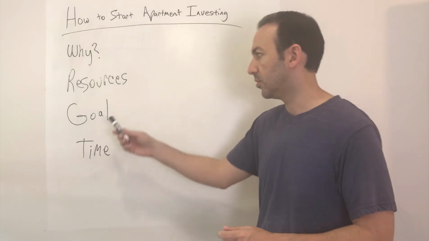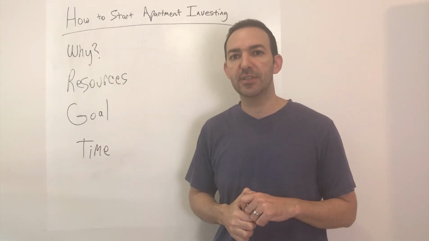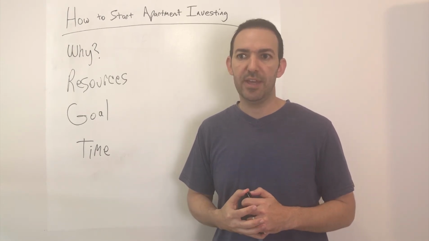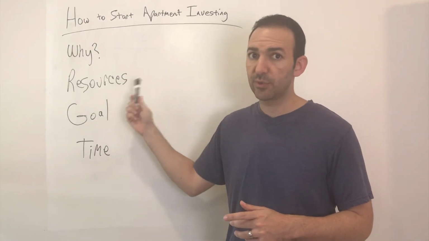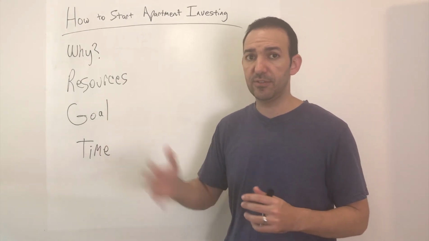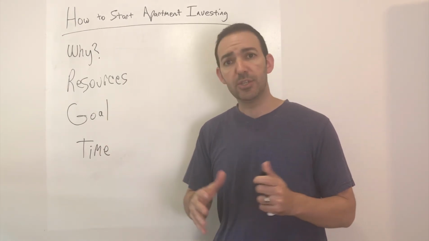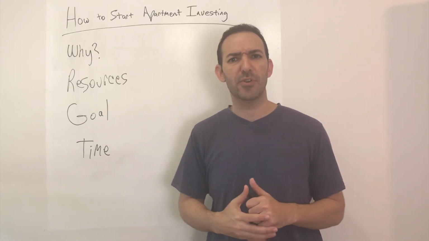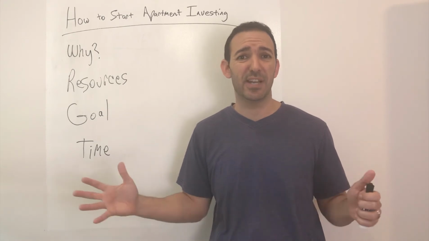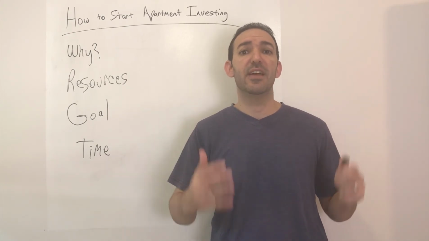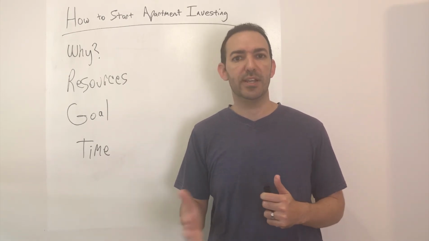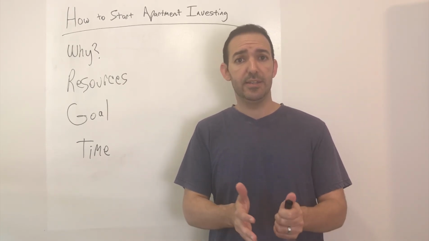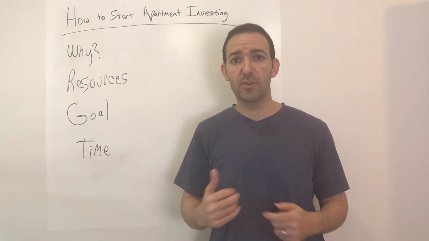Because if your goal is to have 1,000 units, but you're only going to put an hour a week, then we need to really have some resources that are going to figure all this out. You see what I mean? So you really want to plan all of this out and just kind of figure out what's realistic for you. Maybe you just lost your job and you have a lot of time. Maybe you're working 60, 70 hours a week. You can't invest a whole lot of time because you're going to need time to evaluate these deals and look at them and make offers and talk to brokers and all this other stuff.